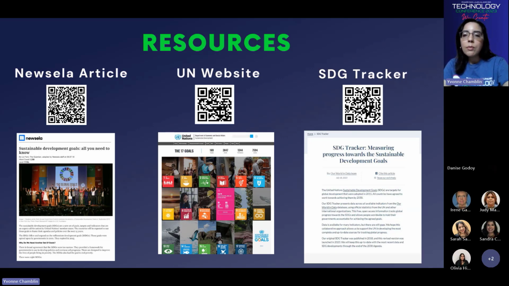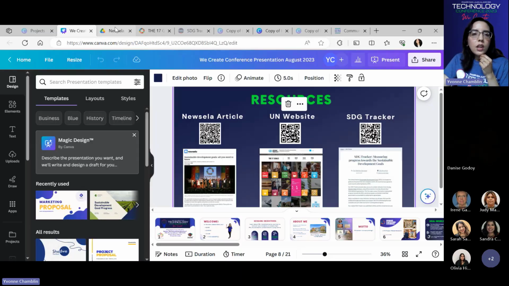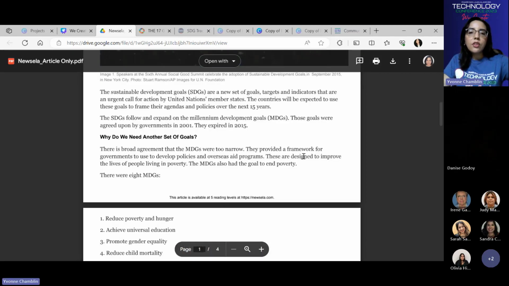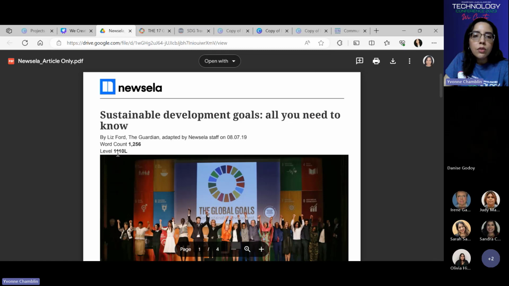So if you go to this website, and I'll show you right now, you're going to see even more research that's developed by other institutions, and then they're just showing you what's available. So let me just walk y'all through these very quickly here. So the first one again was the Newsela article, and you'll scan it. It's a good read. It is on the maximum Lexile level, so like maybe for our elementary or middle school,